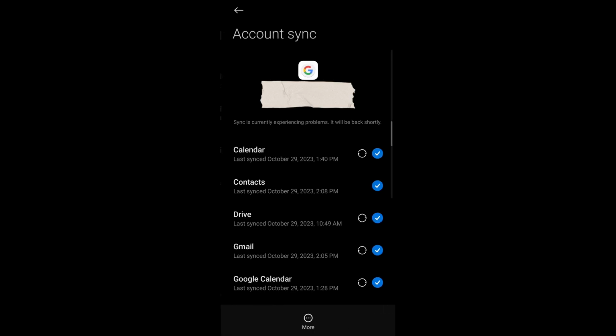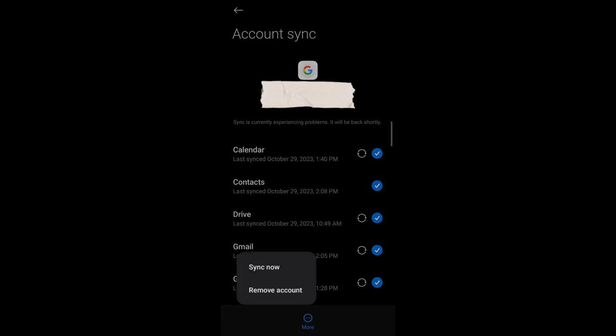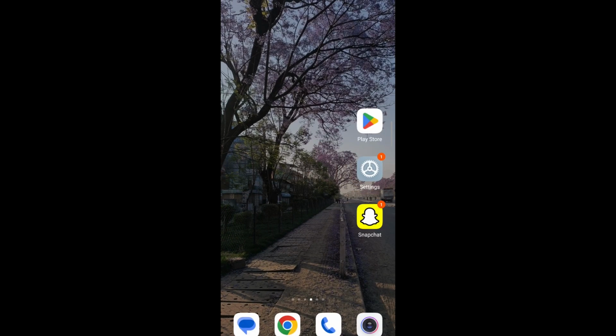So what you're going to do is you're going to remove the account that you've currently associated your Free Fire with. So you tap on the account that you want to remove or that is currently linked with your Free Fire account. Then at the bottom of your screen you can see the three dotted icon. You tap on it and tap on remove account. After that, your account will be removed from your Play Store, and then to create a new Gmail account, you